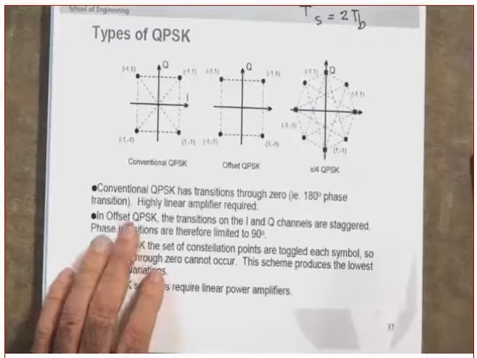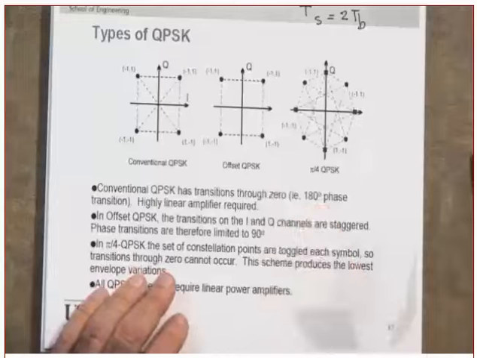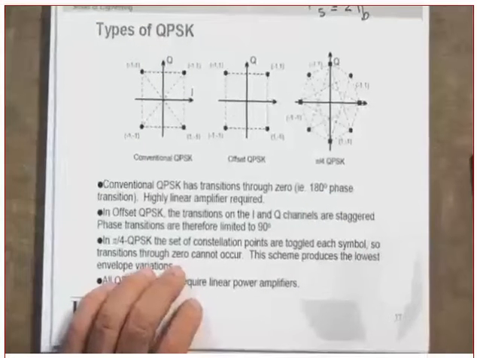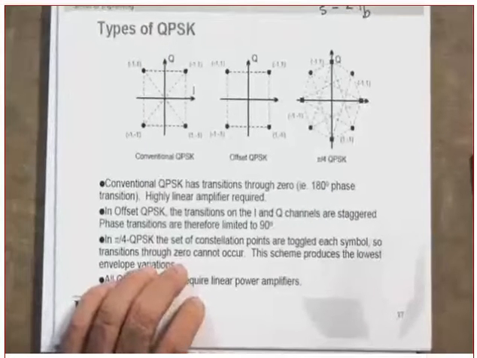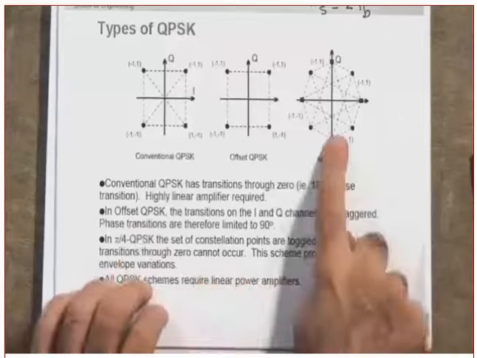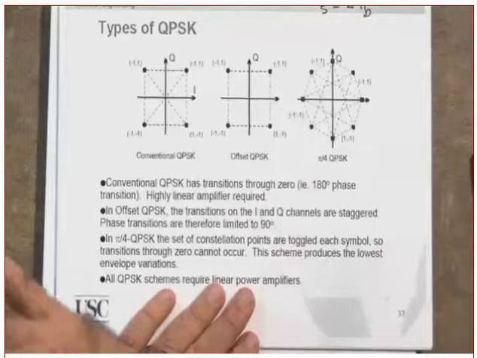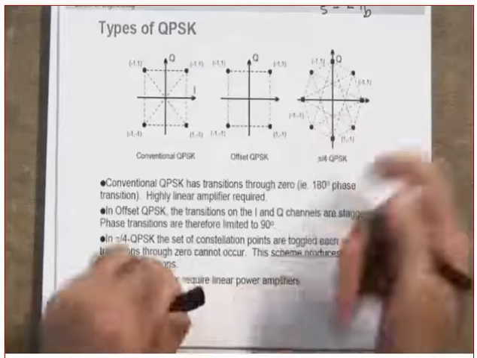Clear? And if there is no phase difference, if there is no transition, it will be a little bit harder on the receiver to maintain synchronization for the symbol detection. Clear? This is the one that was used in the second generation digital cellular in the US, not the GSM. This is what is known as